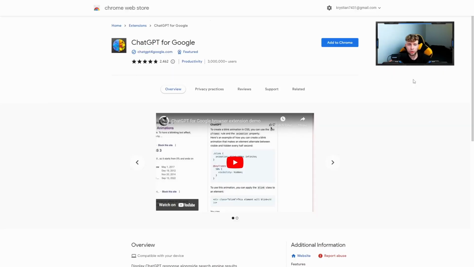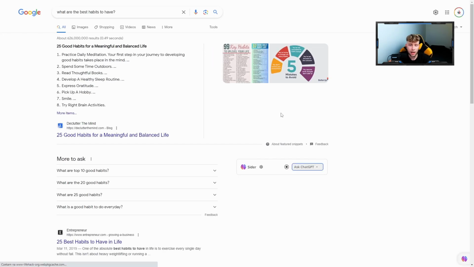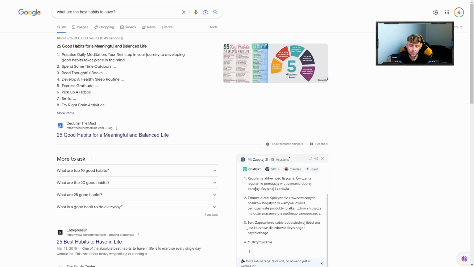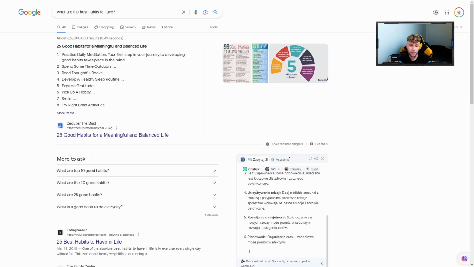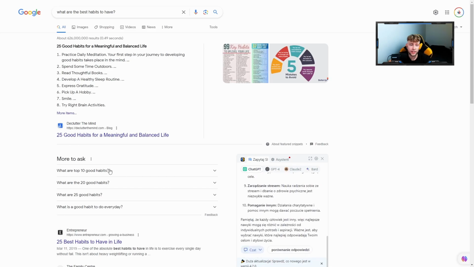ChatGPT extension number 4 is ChatGPT for Google, and I will show you now exactly what I mean by that. Step 1 is to go to ChatGPT for Google and click Add to Chrome. Later, let's say that you are searching in Google for some advice. And when you enter your prompt, so your question, afterwards at the right side, you can see that we have the remote ChatGPT that is telling us everything about our question